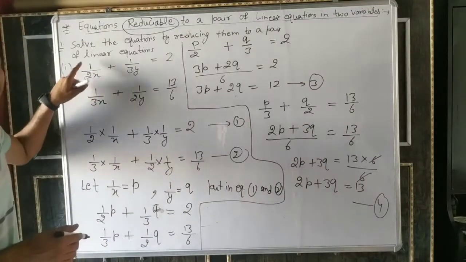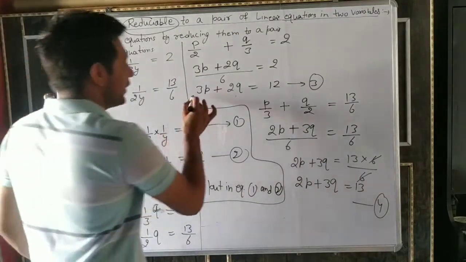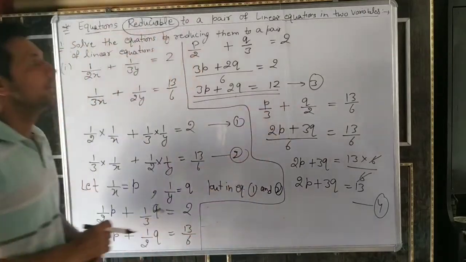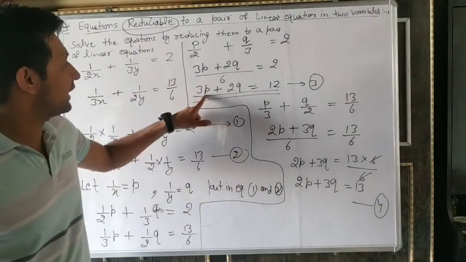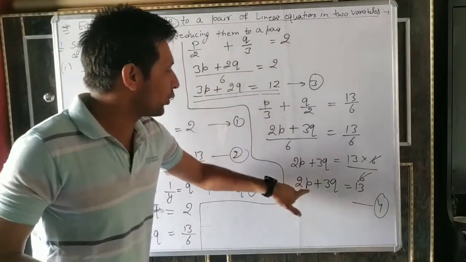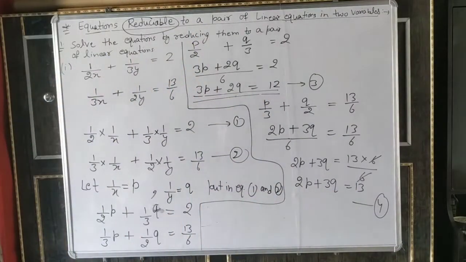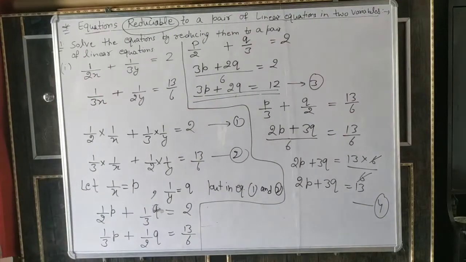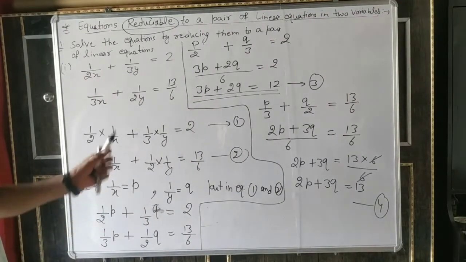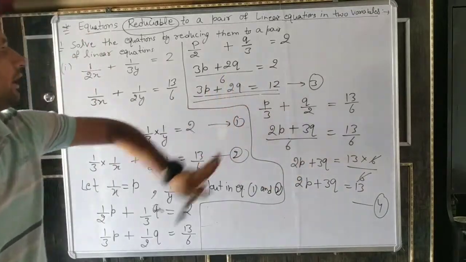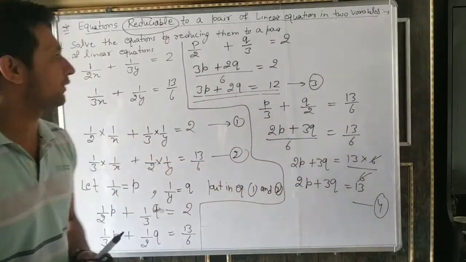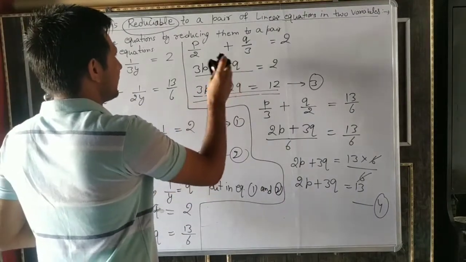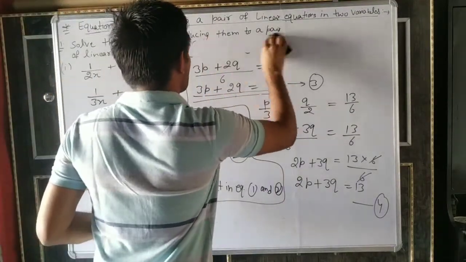Now we have already converted these two equations into reducible form, into a linear pair. In linear equations, 3p plus 2q equal to 12, 2p plus 3q equal to 13. So there are the two equations. So how will we solve it? Everyone knows, we will make the coefficients equal. So what will we do? I am rubbing everything out, only writing the equations here directly. Okay, please note it down. After solving, what does it become?